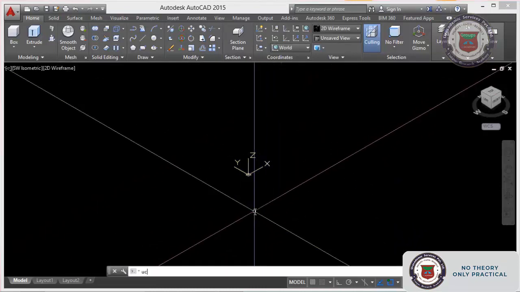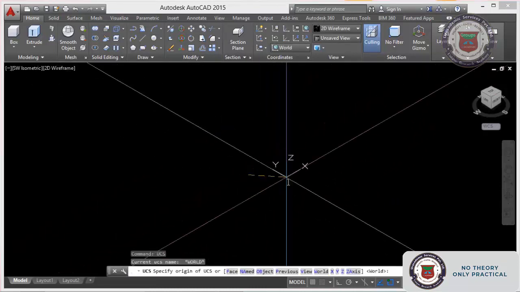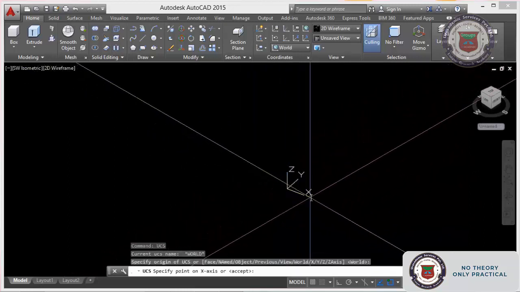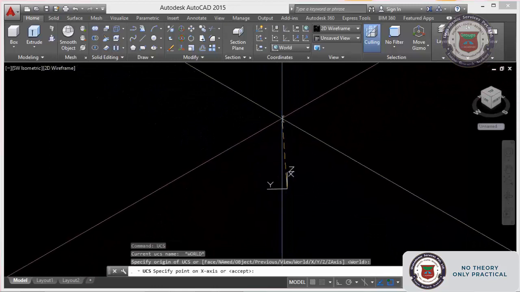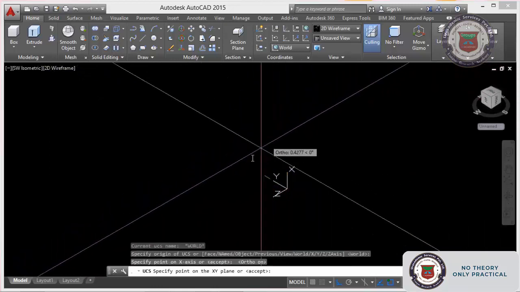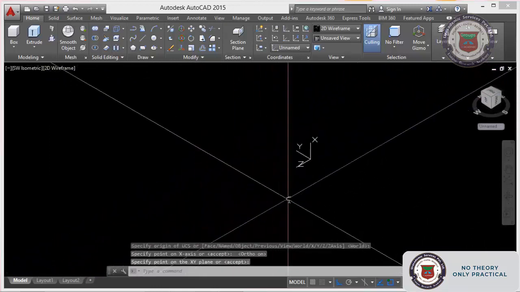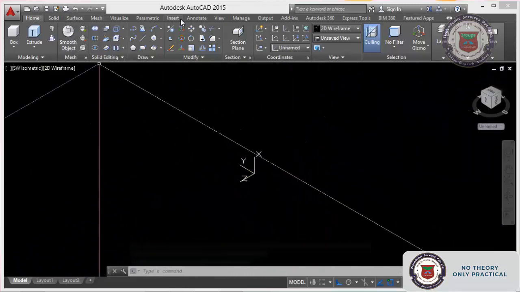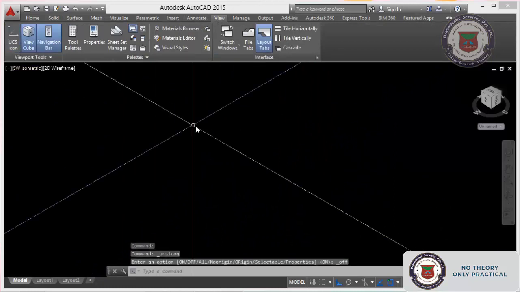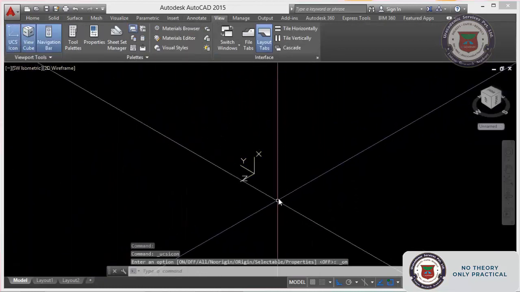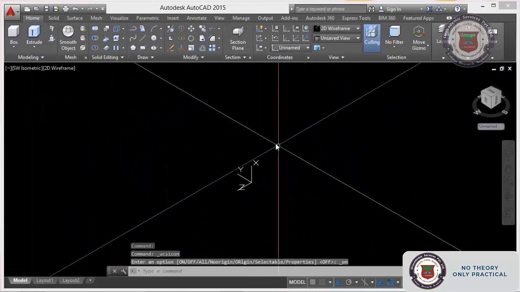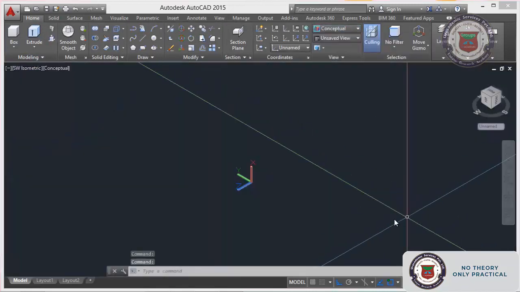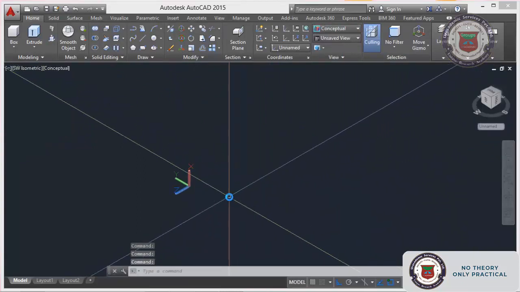Just enter UCS, click on the origin. My x-axis is in this direction, y-axis in this direction, so that will come on this one. So that you get a clear idea.